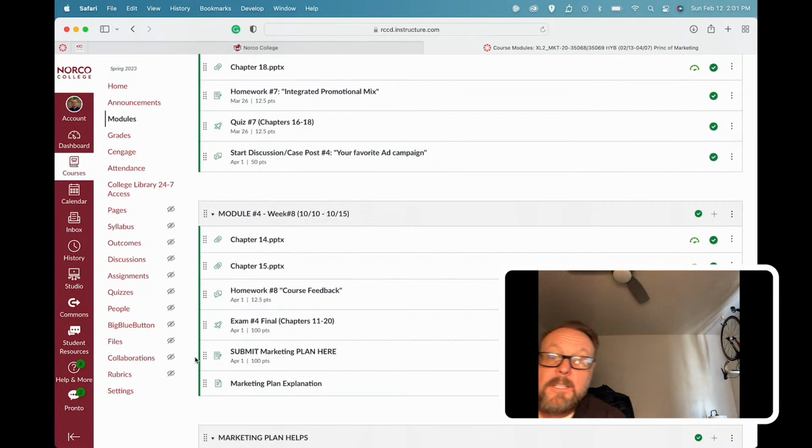Now, one other thing you're going to be doing in this course is drafting a marketing plan. And it's not meant to be lengthy. It's probably going to be like 5 or 6 pages long. There's going to be certain sections in it. There's going to be a little research that you need to do with it. And so I'll be going over that in class. As I do, I'll be posting it online, so those of you online can begin to draft yours. You can also do it as a group. You don't have to do it on your own, so you can be assembled with a group of people and you can write it together, which does take a little bit of the pressure off. But it's important that you understand marketing and that you understand that a marketing plan is a big piece to that aspect of marketing. So anyway, that's pretty much it for the course.